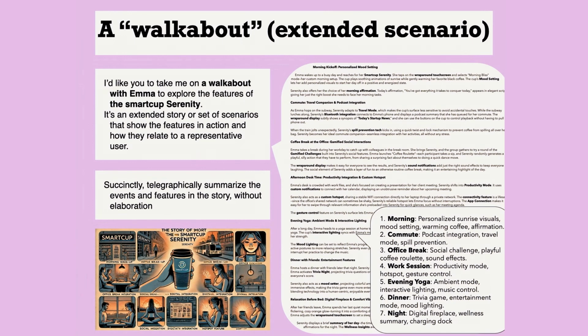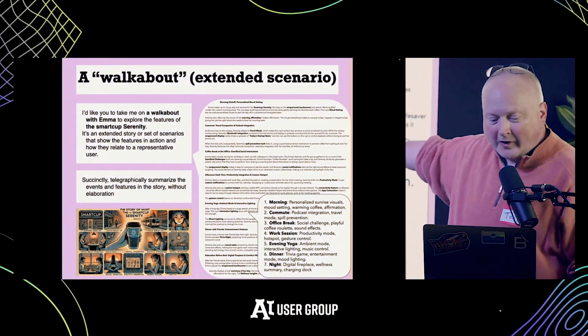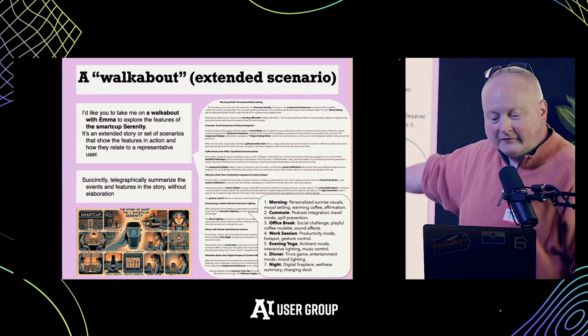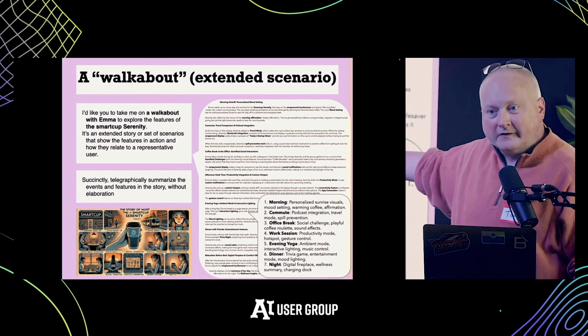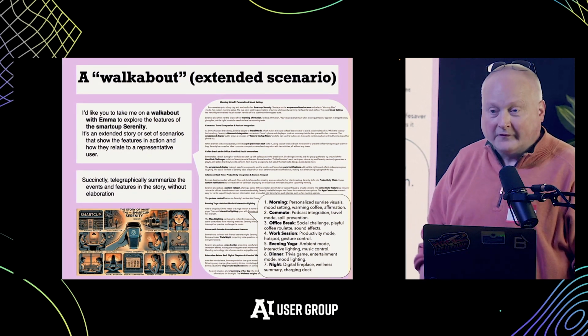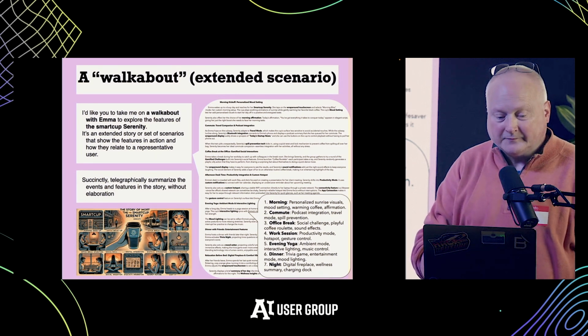And so I can't read that text. I'm sure you can't. It's throughout her day. And she's using the smart cup throughout the day. And this was really successful in the sense that you can see different apps she would use on her cup throughout the day and gets value from that cup throughout the day. And then the second prompt asked for a summary, so the larger text is a summary. You can see there were these 7 points in her day where she's interacting with the cup in a useful way. So that helps you work through the features of the cup and how they fit into her life.